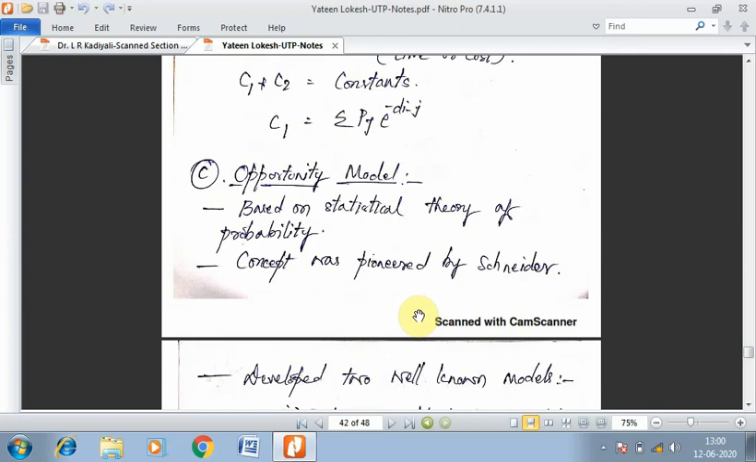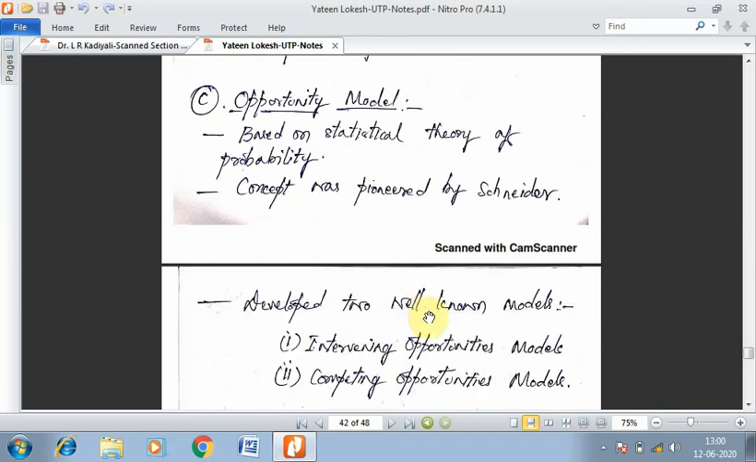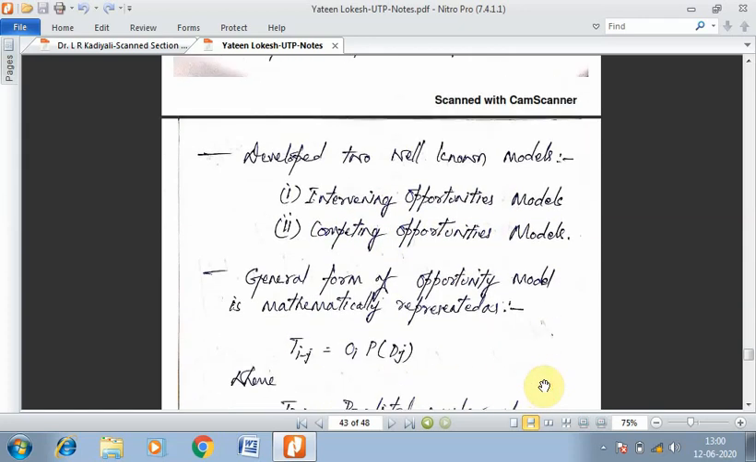So this is actually based on the statistical theory of probability. Now it was actually proposed by a person named Schinder, and he developed two well-known models. One is what we call the intervening opportunity model, and the other one is the competing opportunity model. The general form of the opportunity model mathematically was represented by Schinder somewhat like this, where capital Tij, that